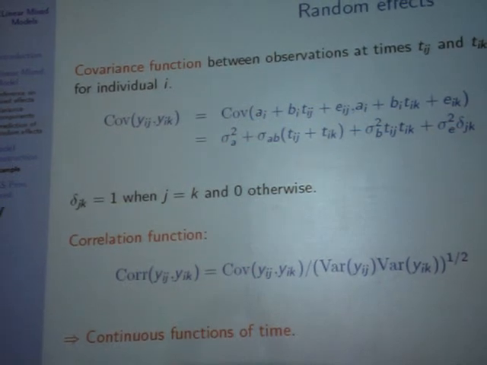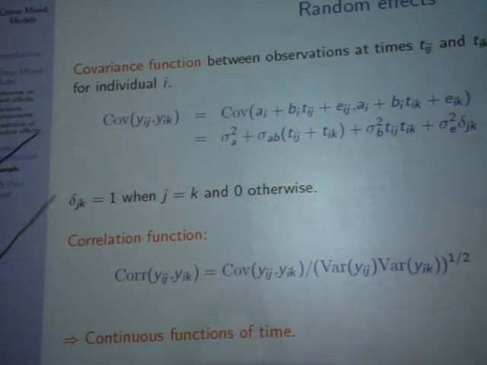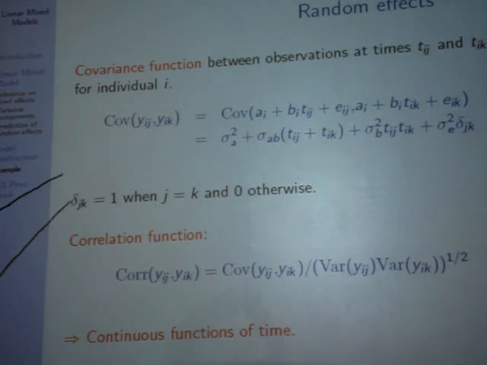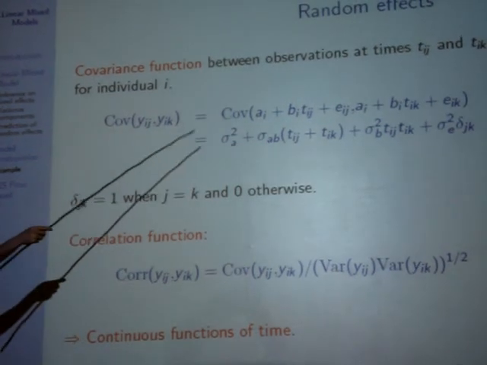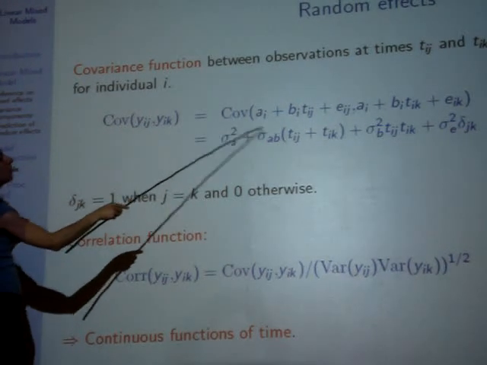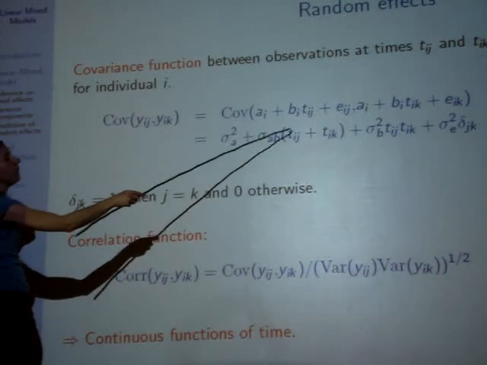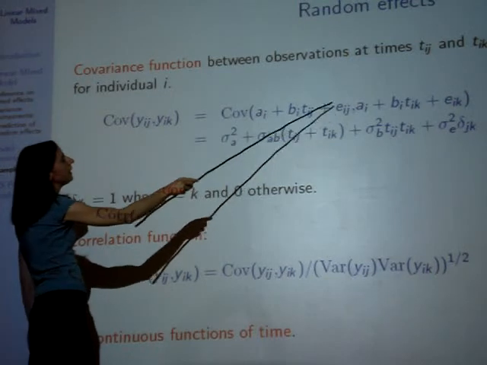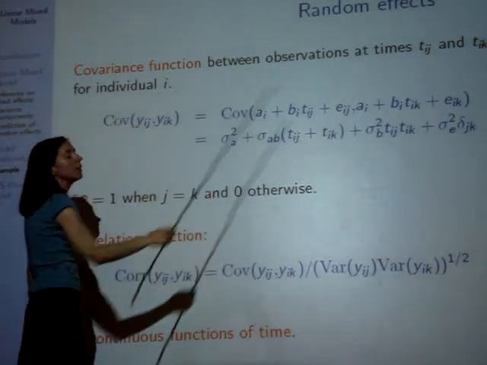So in this linear model, here is the covariance function between the observations at time t_j and t_k for individual i. This covariance is the covariance between all the random terms, so a_i plus b_i at time t_j plus the residual e_ij, and the same thing at time